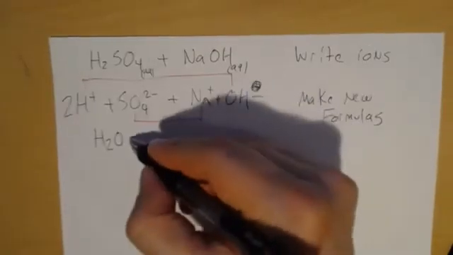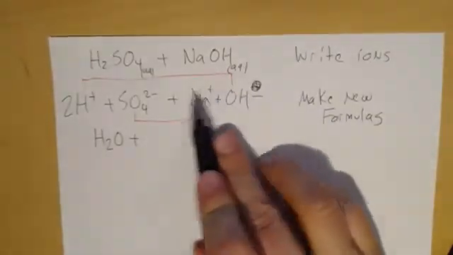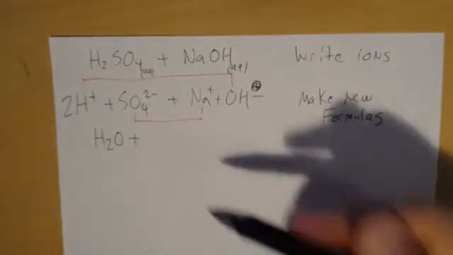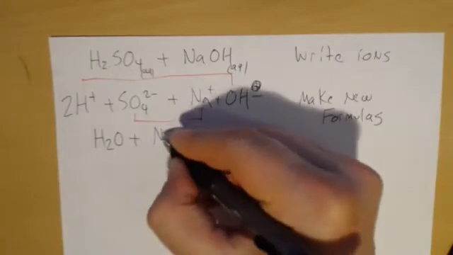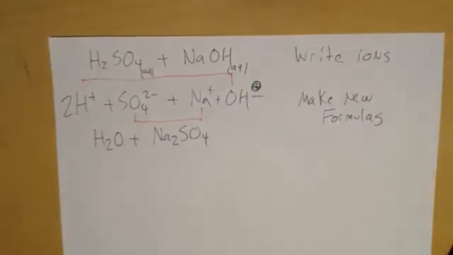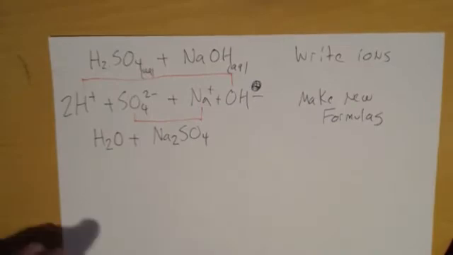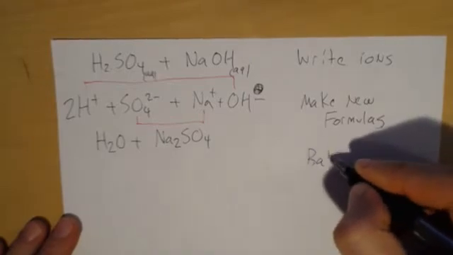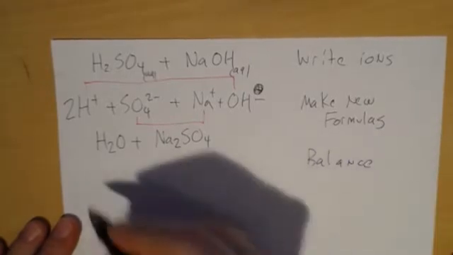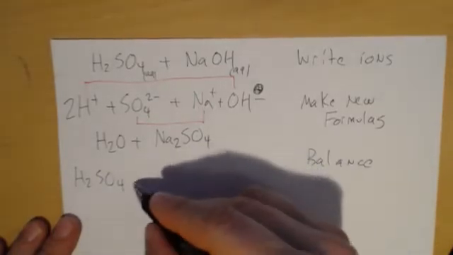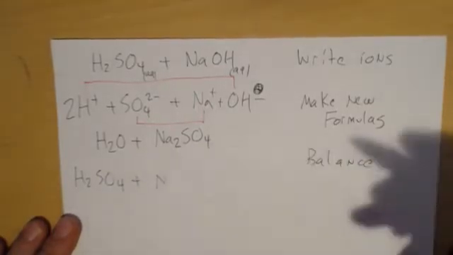NaSO4. Well, wait a minute. It's +1 and -2, so 2 Nas. Good. And it's got to go metal first, so it's Na2SO4. Okay, so those were the hardest steps. Now step 3 is balance. So now I'm going to write the whole thing. H2SO4. Let's not worry about the states yet. Let's just balance. Plus NaOH